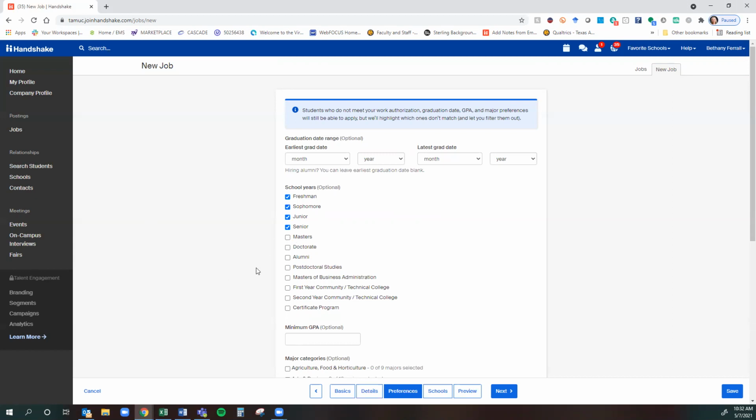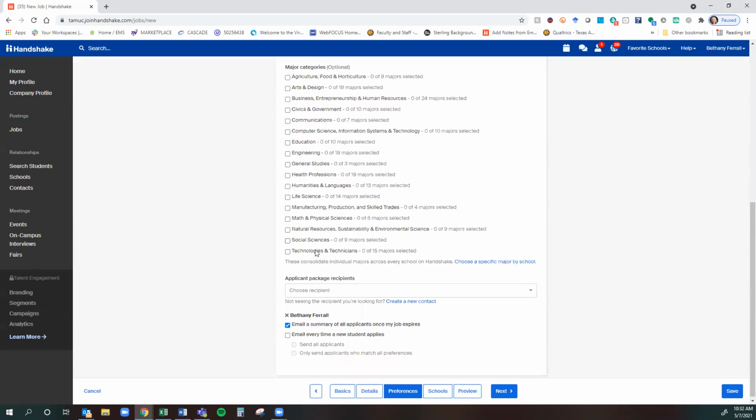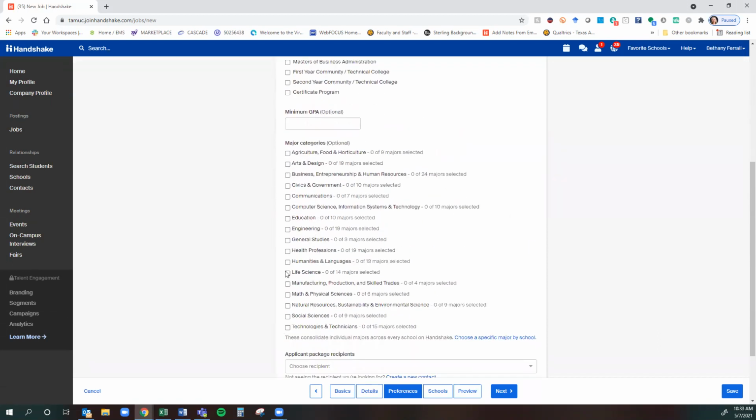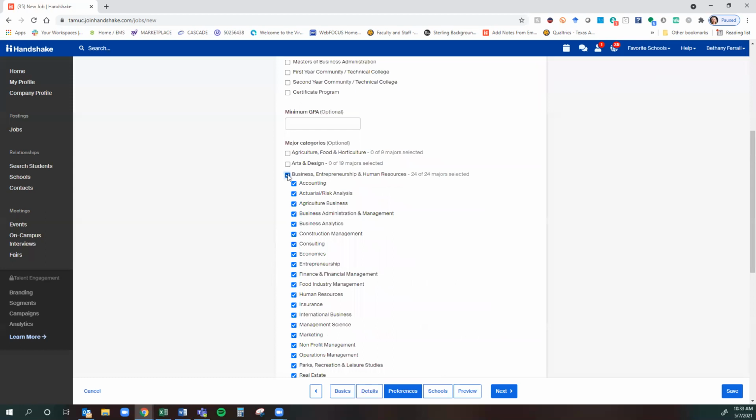But if you're hiring for a GA, when you're posting a position, for example, and you need a graduate student worker, graduate work study student, which does exist, you can select master's and doctorate. But usually if you're hiring a work study student, they're going to be an undergraduate student population. If you have specific majors they need to be from, you can select that here. Like if they have to have a business background,